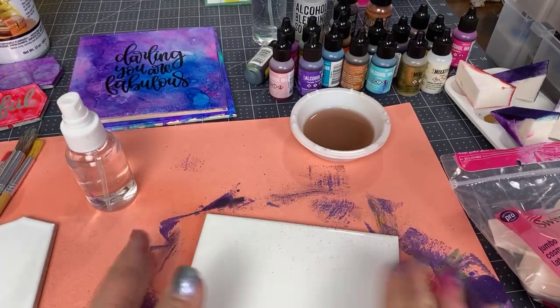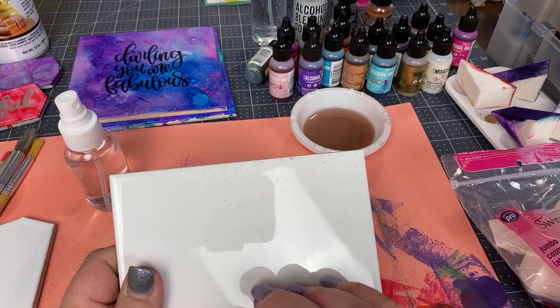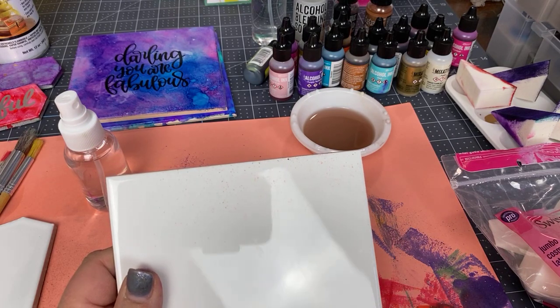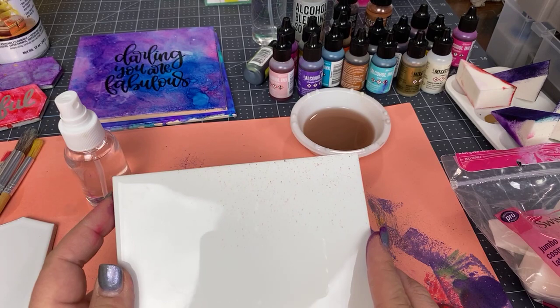So in this case, look, I have this ink that's on here, or I started doing one and I was like, ooh, I hate it. So if you ever get halfway through and it looks mucky,